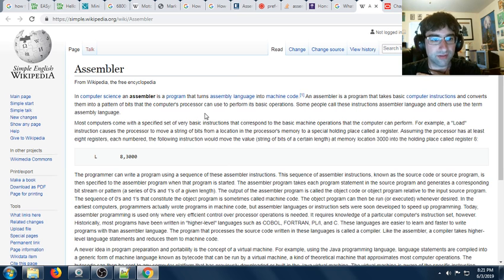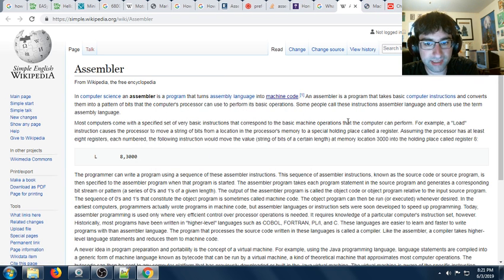In computer science, an assembler is a program that turns assembly language into machine code. An assembler is a program that takes basic computer instructions and converts them into a pattern of bits that the computer processor can use to perform its basic operations. Most computers come with a specified set of very basic instructions that correspond to basic machine operations the computer can perform. For example, a load instruction causes the processor to move